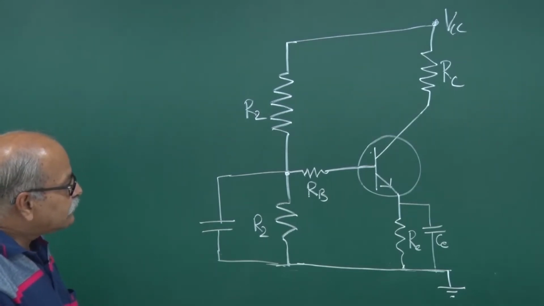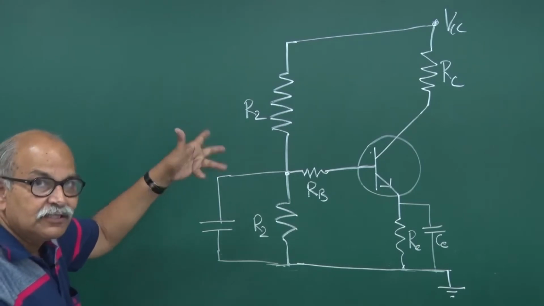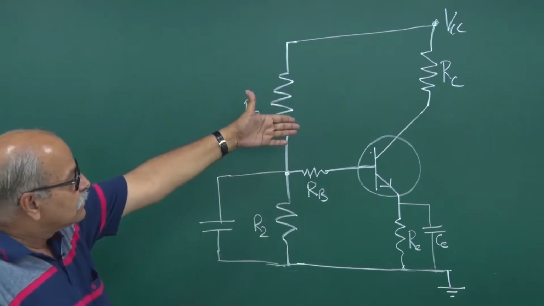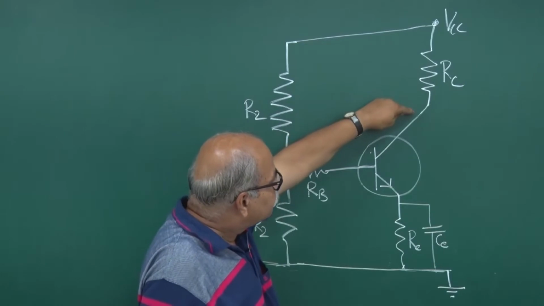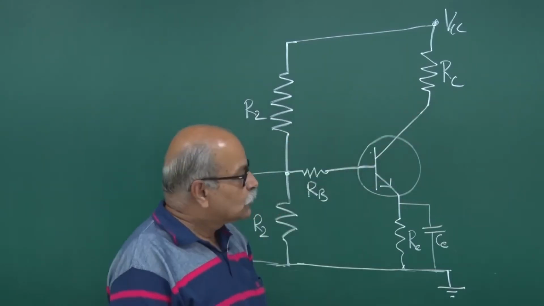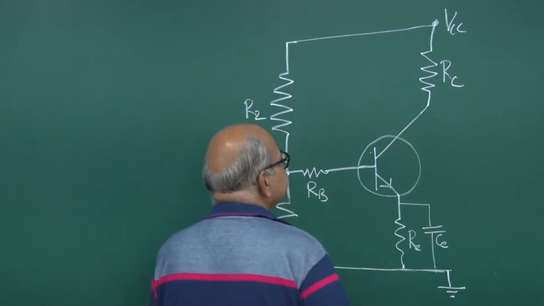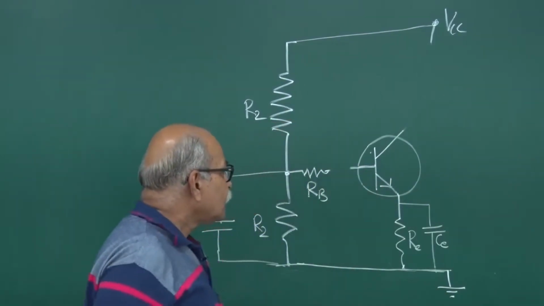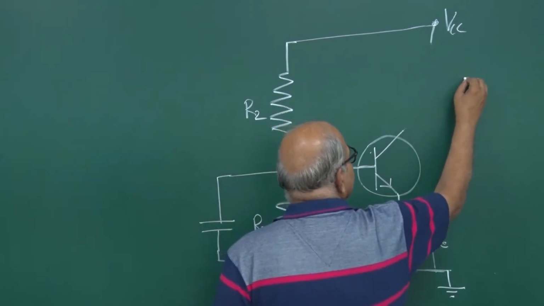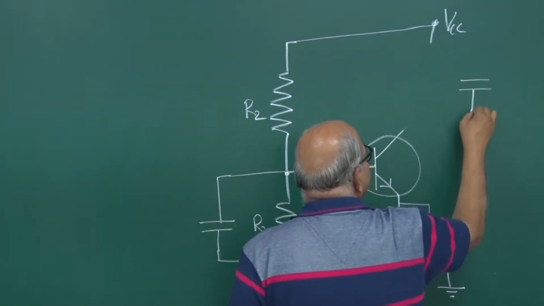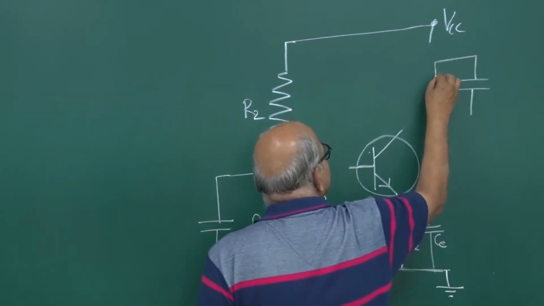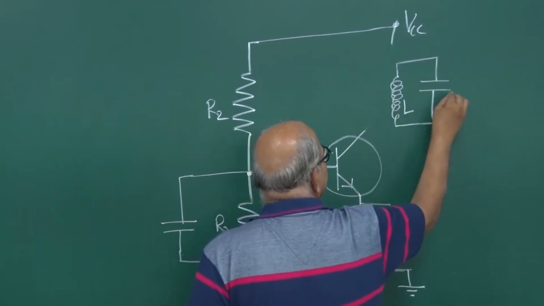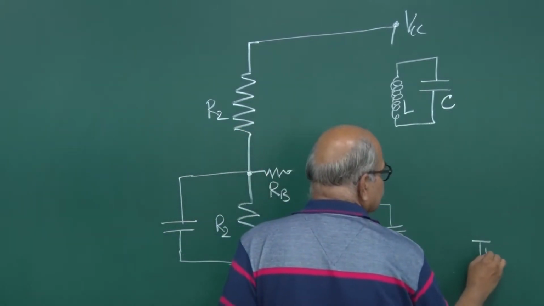Now for putting that tuned circuit, where do I put the tuned circuit? So it is the collector, it is tuned collector. So this circuit, this tuning part, that oscillating part will be in this portion. So the circuit will be modified a little bit. And here it goes to, let us say, a capacitor here, and then you have this inductance here. So this is that LC circuit, tuned circuit,